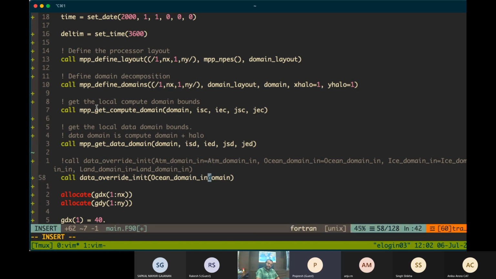If we just put it like this, it is valid, there is no problem, but the domain will go into ATM as the first argument. I don't want it as the first argument, I want it as the second argument, and the second argument name is ocean domain in. Yes, it's the argument label.